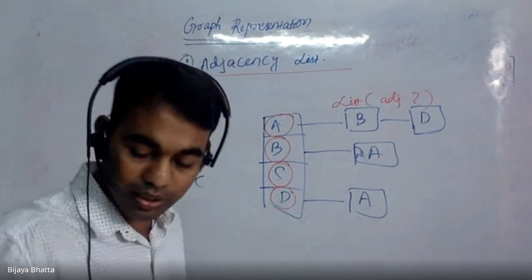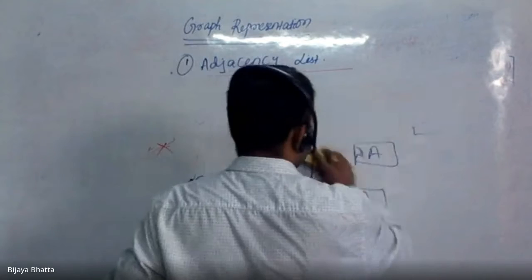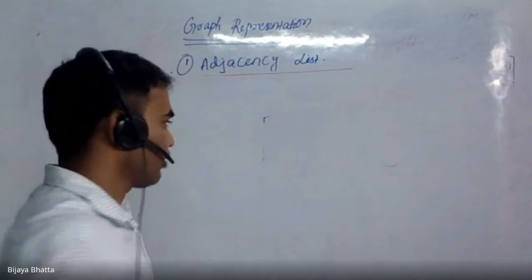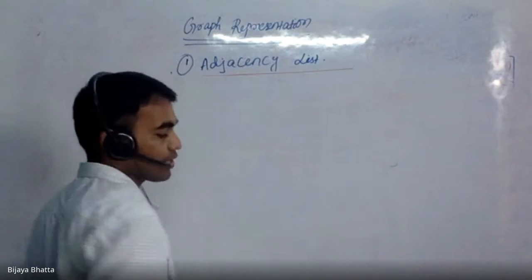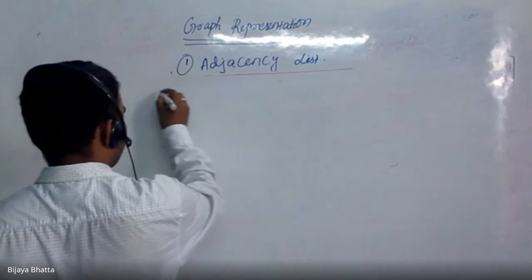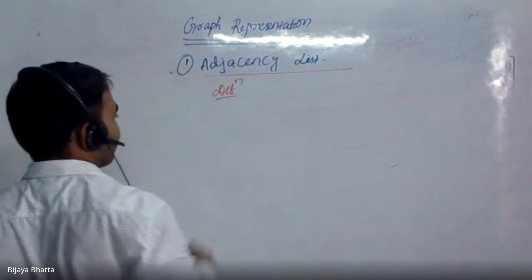Let's write down the definition first, then we'll go for a little bigger example so that you will understand. And as usual, we'll go through all the other concepts, like the time complexity, advantages and disadvantages. So definition, let's write it down. What is the definition?